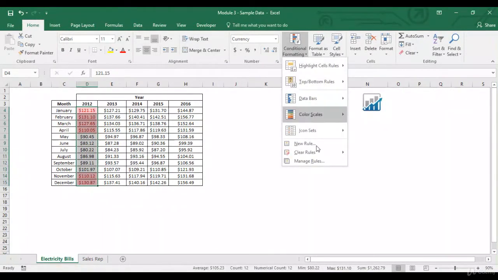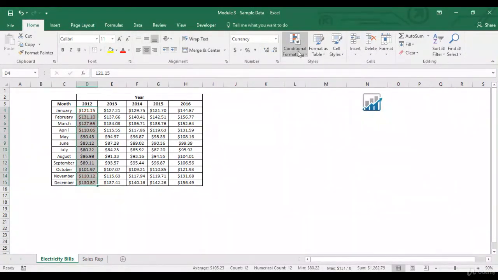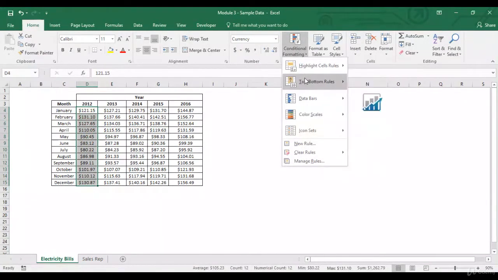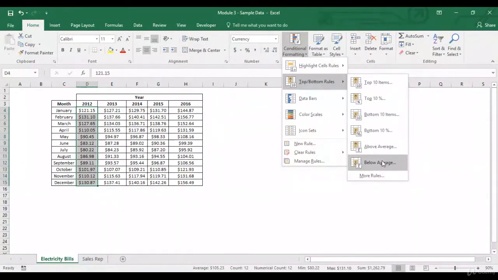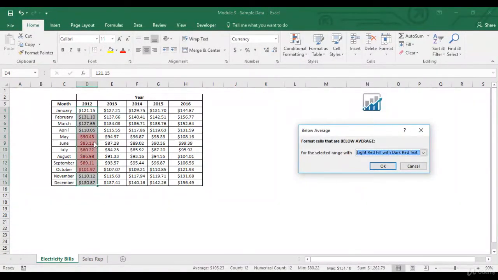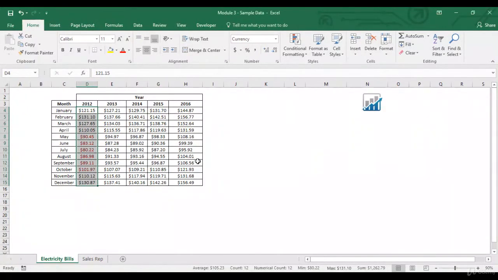Let's clear this. Below average will again highlight all those cells which are below average. So using red text, it just changes the font color. It does not highlight the cells.